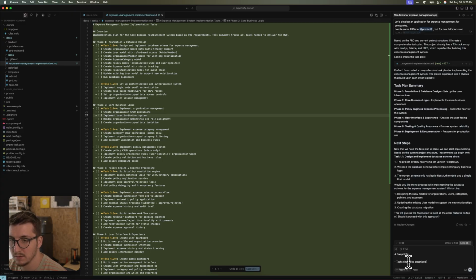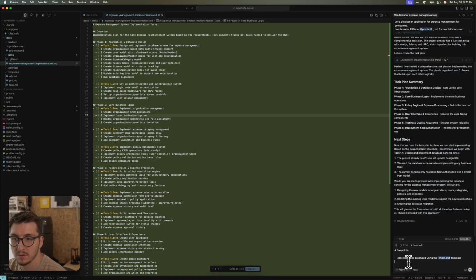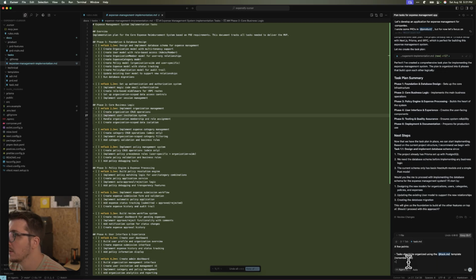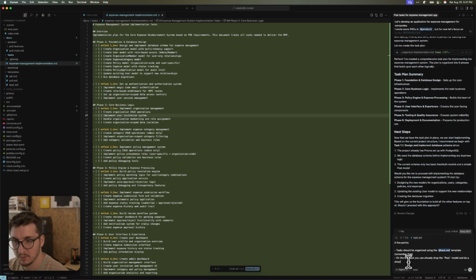It should be organized using the task and the template. Remember that. Also on the first task you can already drop the post model and do a simple